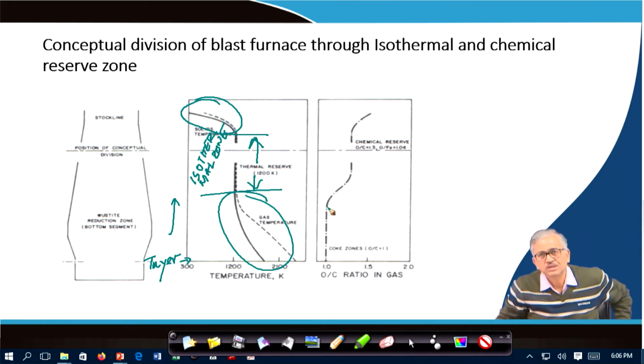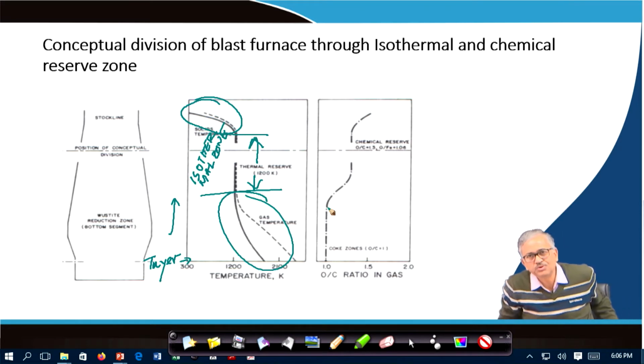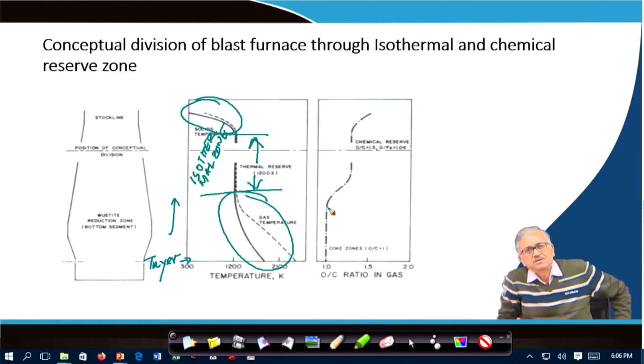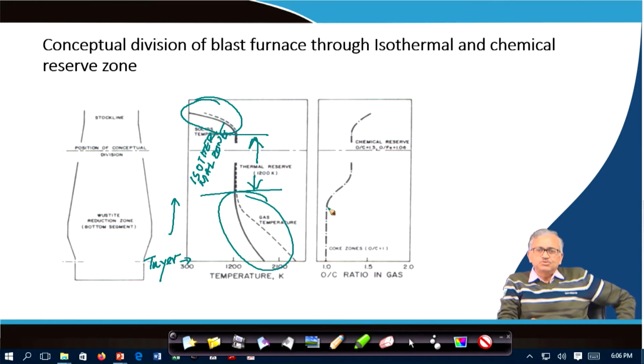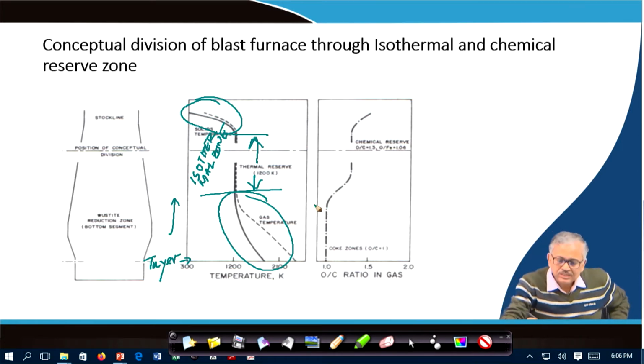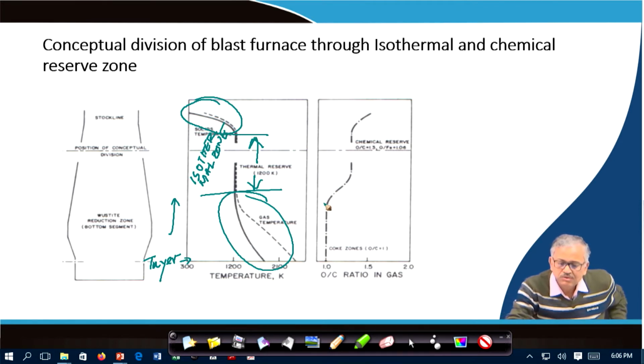basically CO2 is not there. Whatever CO2 is produced because of reduction, it immediately gets converted to CO by carbon gasification, right. CO2 gasifies the carbon to CO gas. So, obviously reduction is taking place, but the CO2 generated from the indirect reduction is immediately used up to gasify the carbon to CO. So, the gas composition almost remains CO up to this point, and beyond this point you can find that